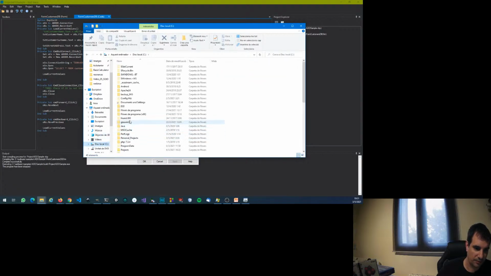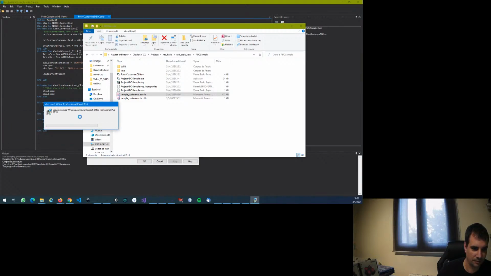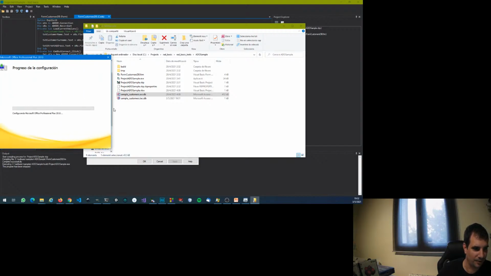One moment, please. I have to find two projects, RAD Basic tests, IDE sample, and I open. I don't know why it is. Okay, it is the demo effect again. Why is it configured in Microsoft Office?